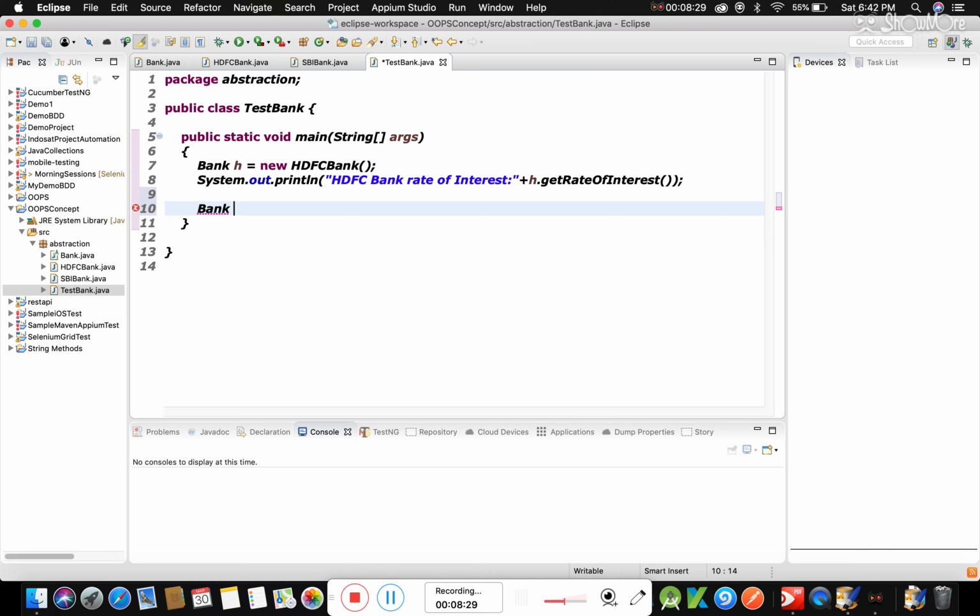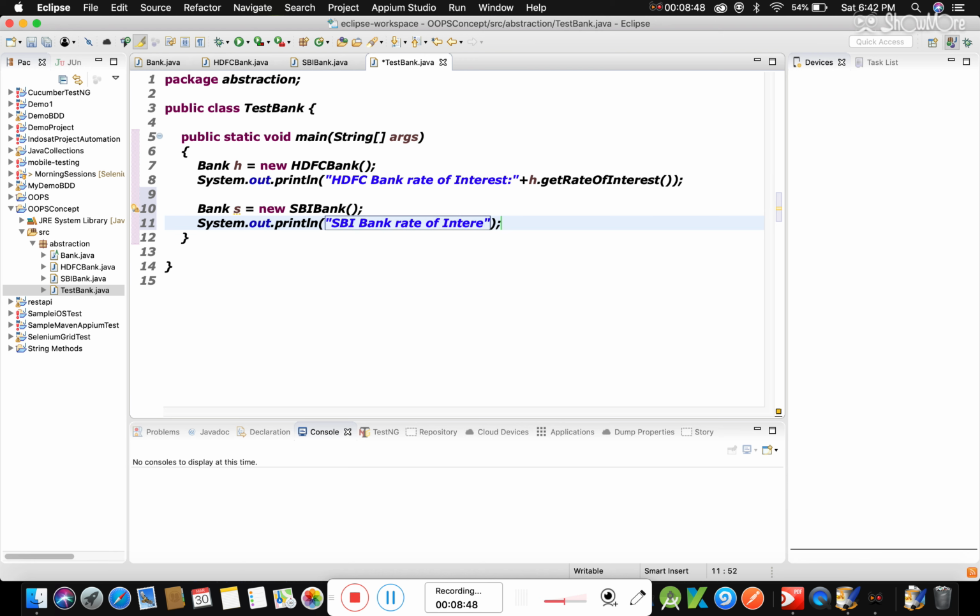Let's create an object of the SBI Bank 2 class. This is SBI Bank rate of interest.